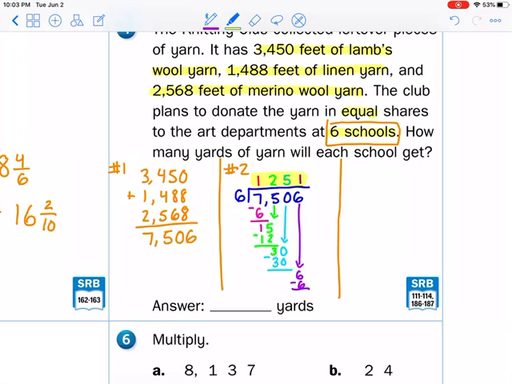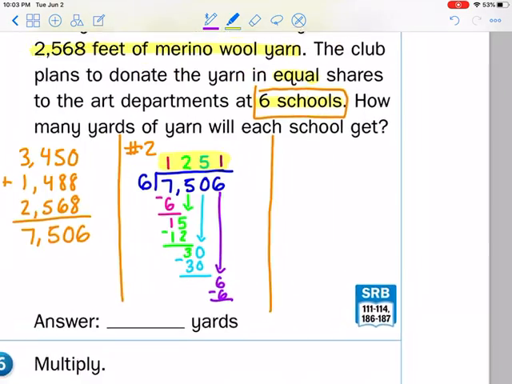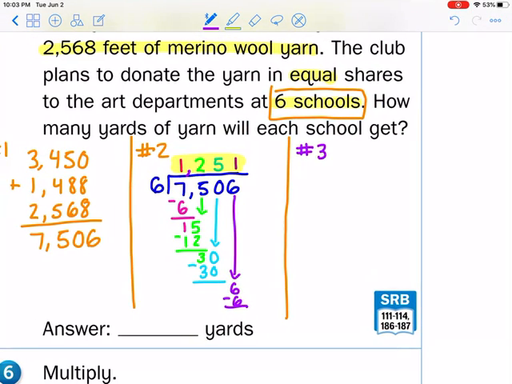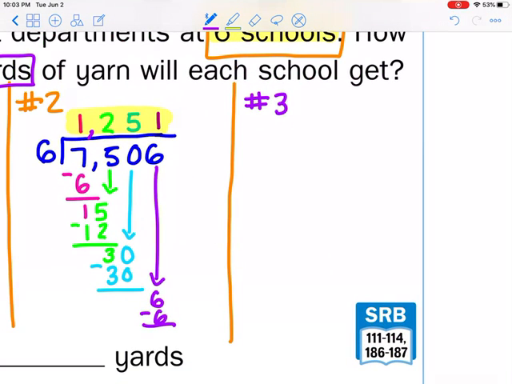But now number 3 says they have to take the total number of feet and you are going to divide that by 3 because they're asking you how many yards. They want the answer in yards, not feet. And I know there's 3 feet in every yard. So I'm going to do the same thing I just did. And I'm going to divide 3 divided by